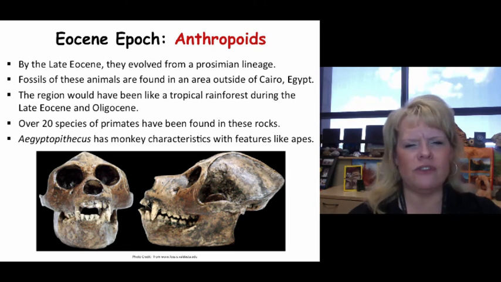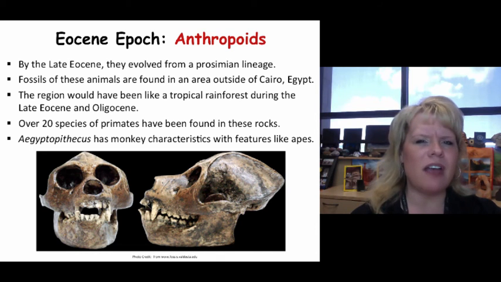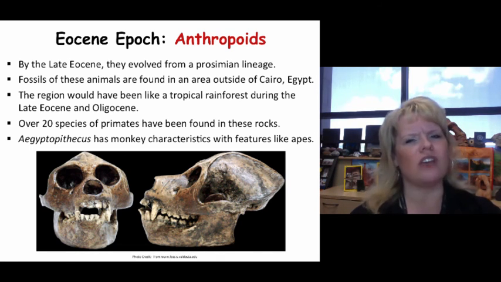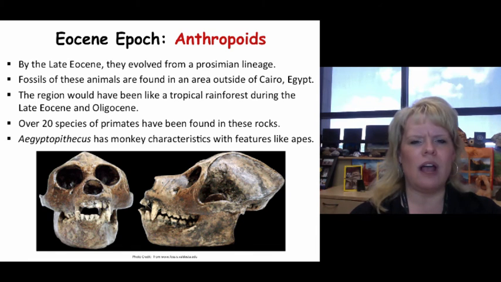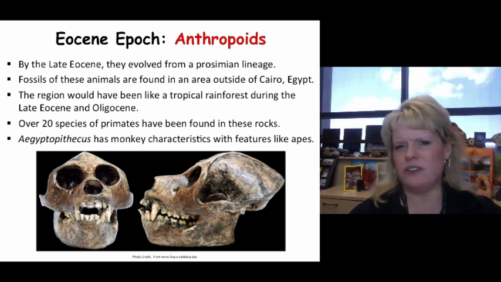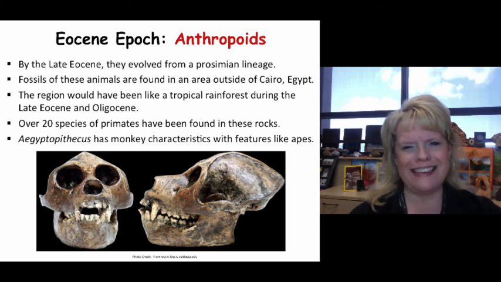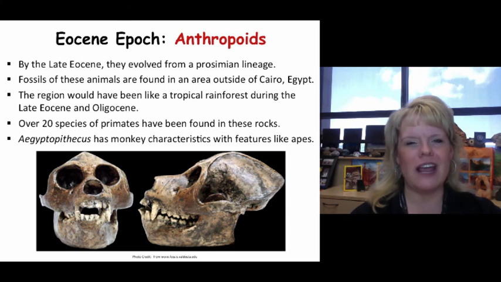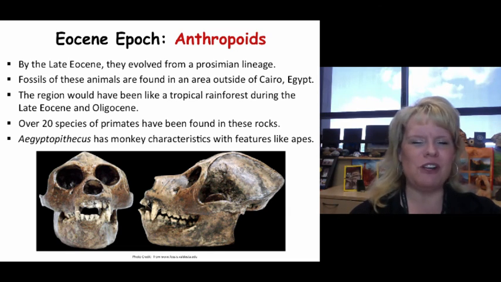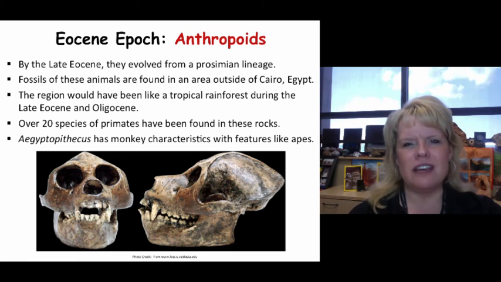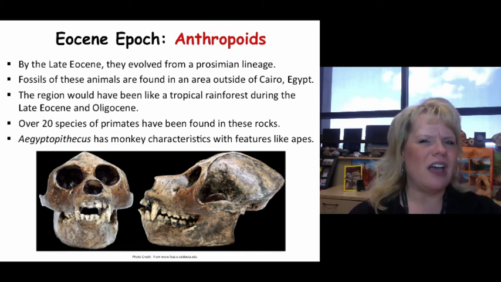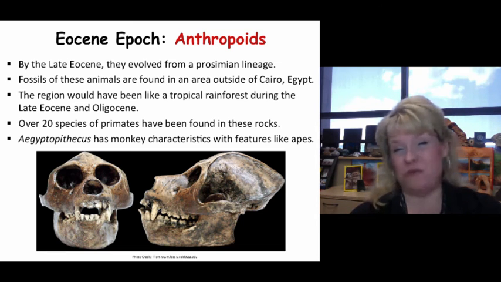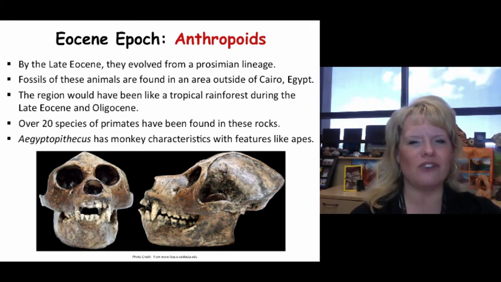Fossils of these animals can be seen and found southwest of Cairo, Egypt, and they're known for having distinctive types of features. So you have to imagine that this region of Egypt doesn't look like it does now back in the Eocene. Everything was warmer, greener, and a little bit more lush, right? So it would have been a tropical rainforest where these animals would have lived. We know that lots of the families of these types of organisms today live in those environments. Right now, we have found 20 species, actually more than that, of these guys in rocks from that area.